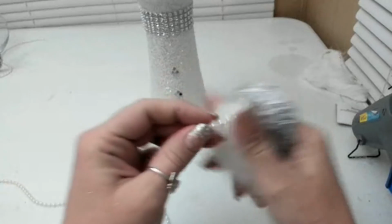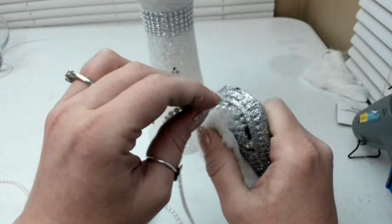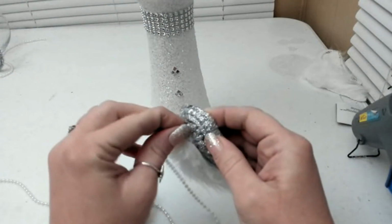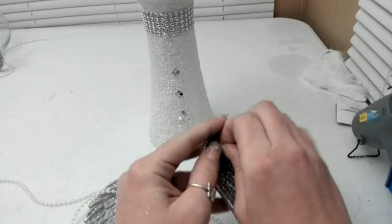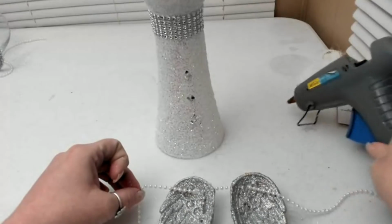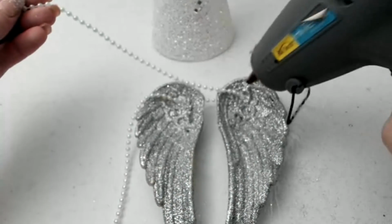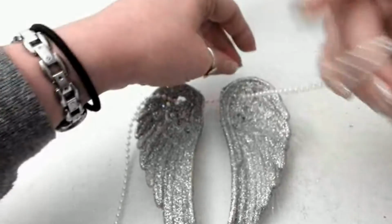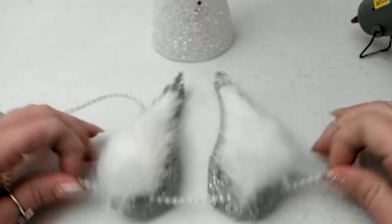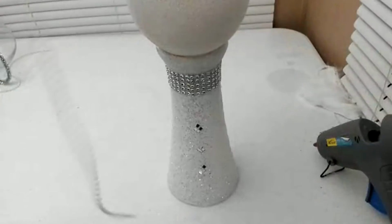Then I ran the beads in one wing and out the other so that they match and will hold the wings level with even support. I added a touch of hot glue where the beads touch the wings, and this is for security, but also so the wings would stay threaded and in place as I work on this step. Now you'll be able to hold your wings up behind your angel